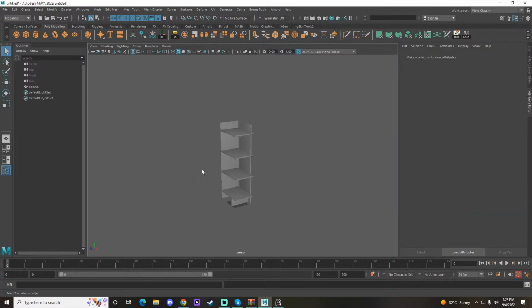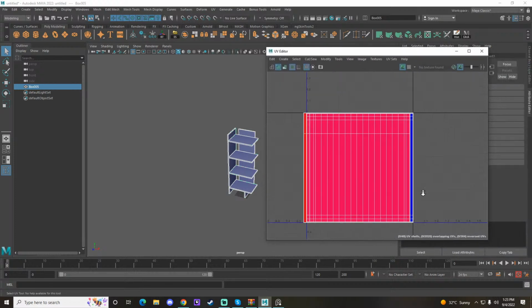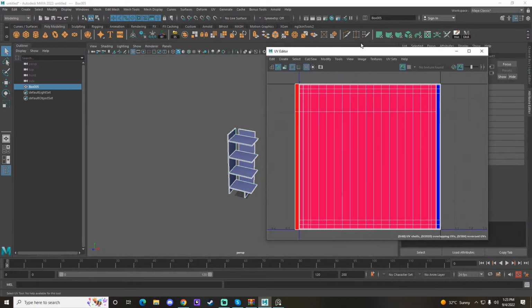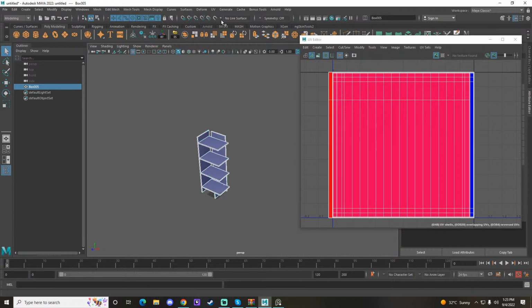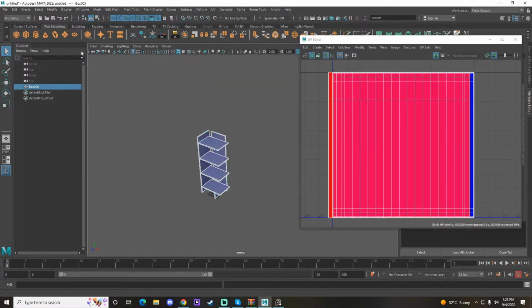Okay, let's get started. So first thing first, let me just drag this to my main screen so you can see what's going on. And by the way, guys, if you need a guide on how to do a proper UV on any asset, you can comment down in the section so I can make another video for you guys. Okay, so first thing first, I will select this, make sure you're on the modeling channel,